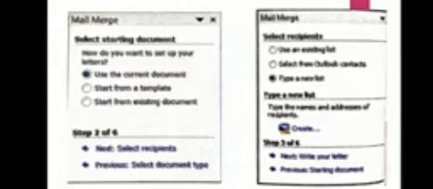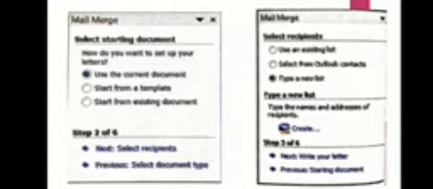Now I will click on Next: Select Recipients. When you click on select recipients, it will give you 3 options: use an existing list, select from Outlook contacts, and type a new list. Existing list means you have already saved the data source of those 4 or 5 people to whom you have to send the letter.